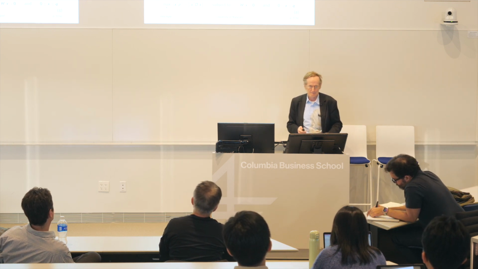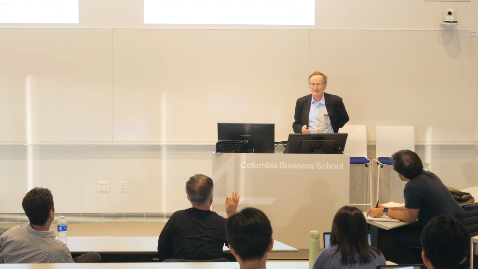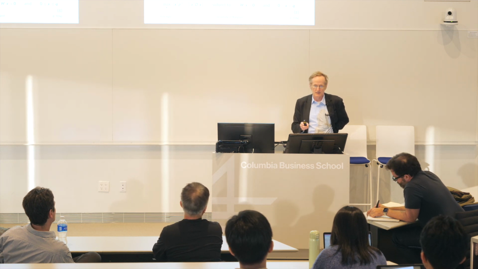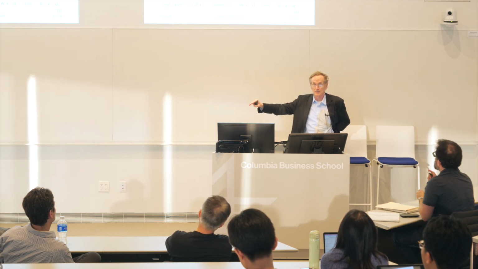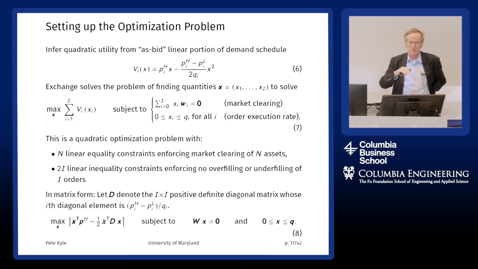But it's not linear demand. You are allowing for piecewise linear, right? Yeah, so piecewise linear demands still can be done. Piecewise linear demands means that we not only have to respect the market clearing conditions in equation 7, there are 1,000 market clearing conditions, but we have to respect 2 million inequality constraints. A million of them say don't underfill the orders and a million of them say don't overfill the orders, right? So then the question is going to be, can we solve this problem?